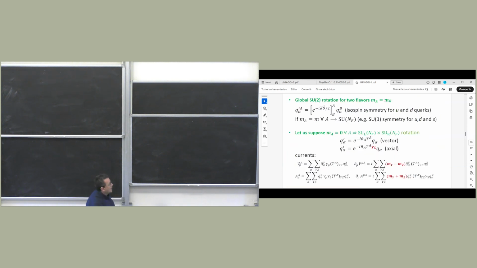Okay, so I will start getting the vector current. I am going to focus on the vector current. You could do similar things for the axial current. The only thing is that in the case of the axial current, there will be an extra gamma 5, and then things will get extra minus signs, because you know that in the Dirac algebra, gamma 5 anti-commutes with everything, right? So the next thing I need are the appropriate